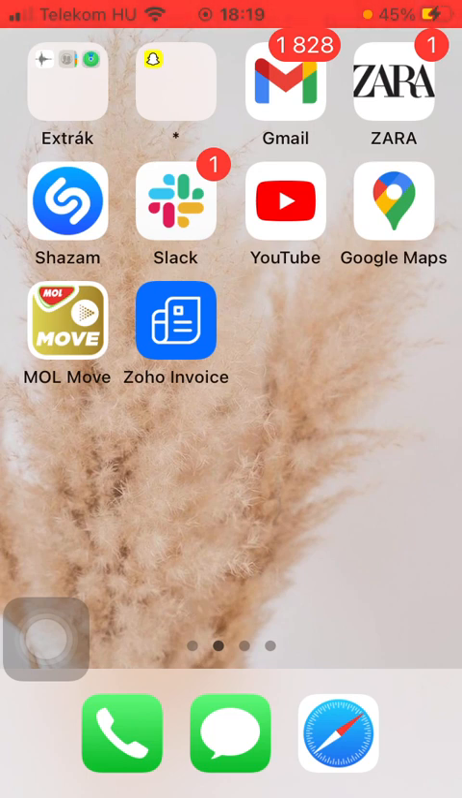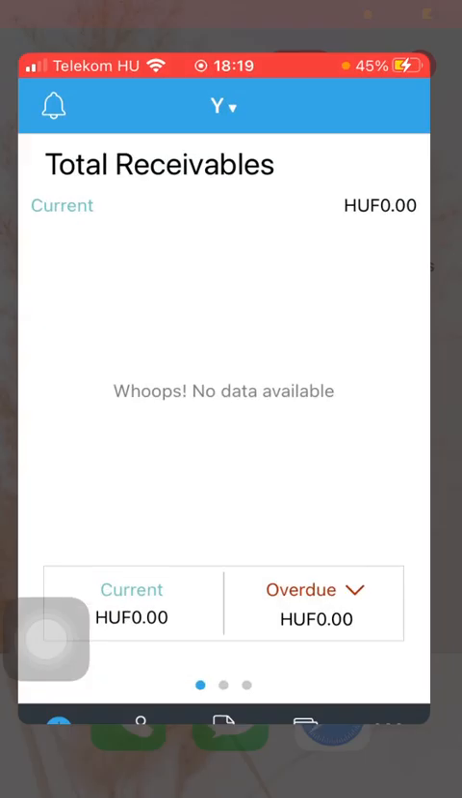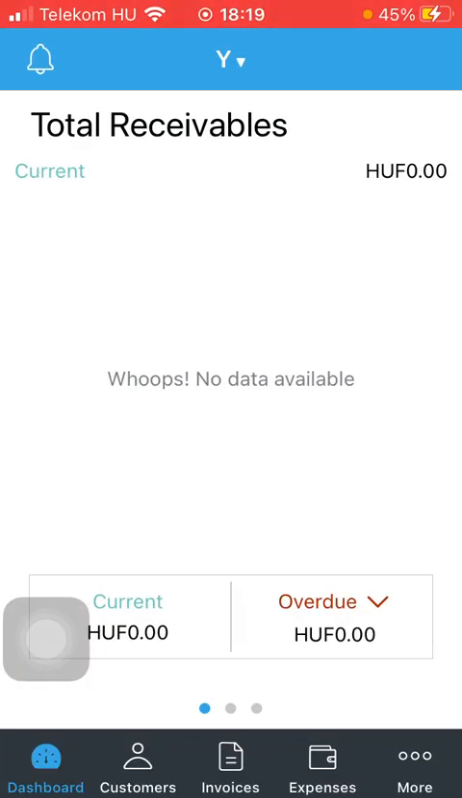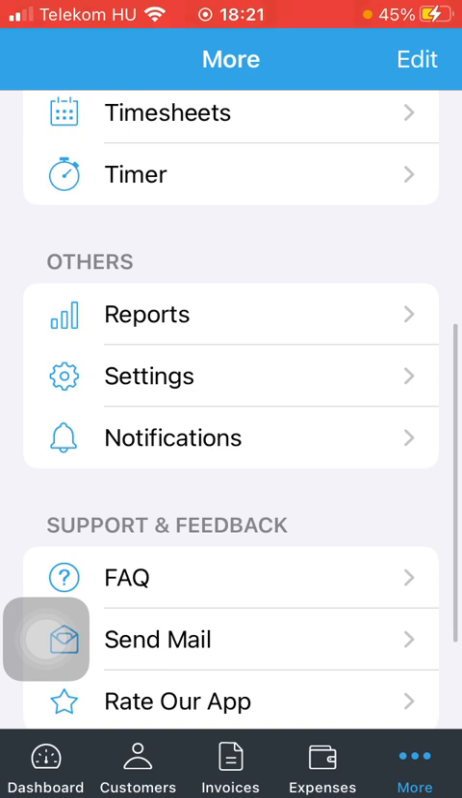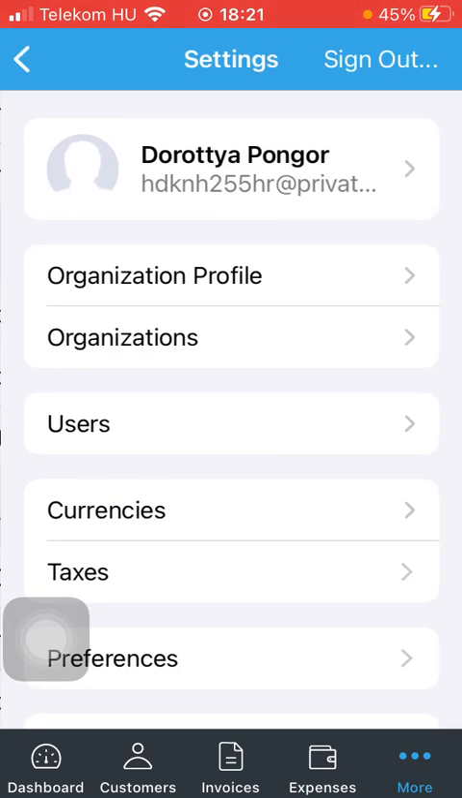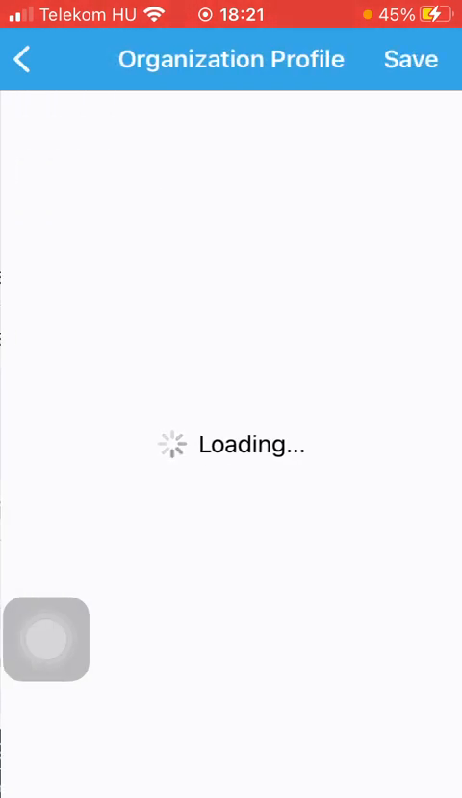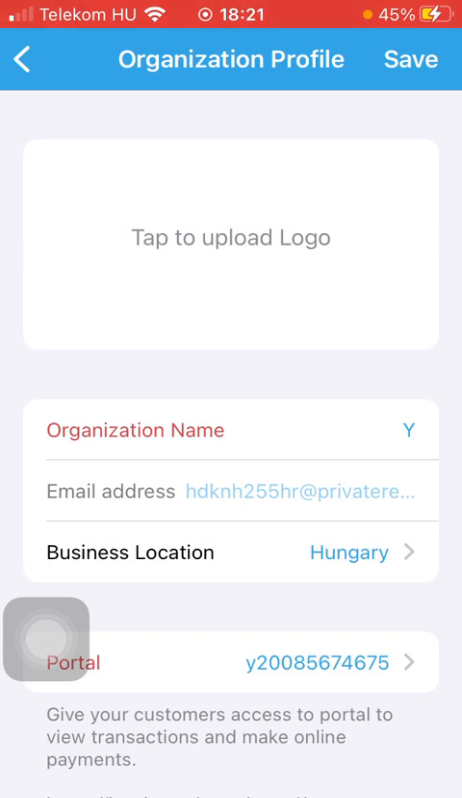First of all, open the app on your phone. Tap on the More button down below, which is the last option. Click on Settings, then tap on Organization Profile, and here you can tap this white box at the top